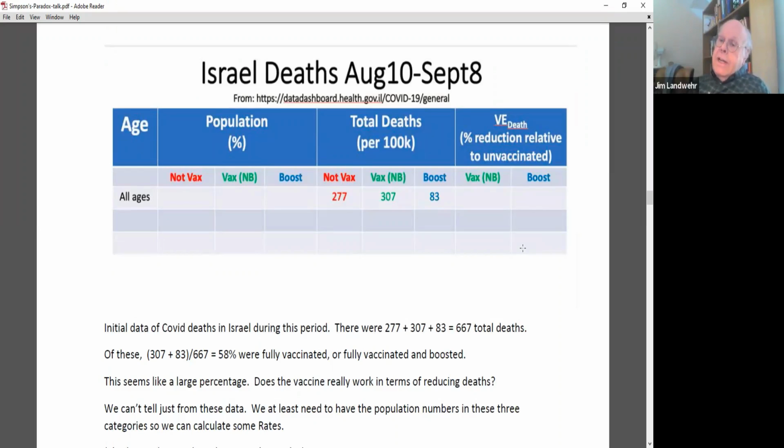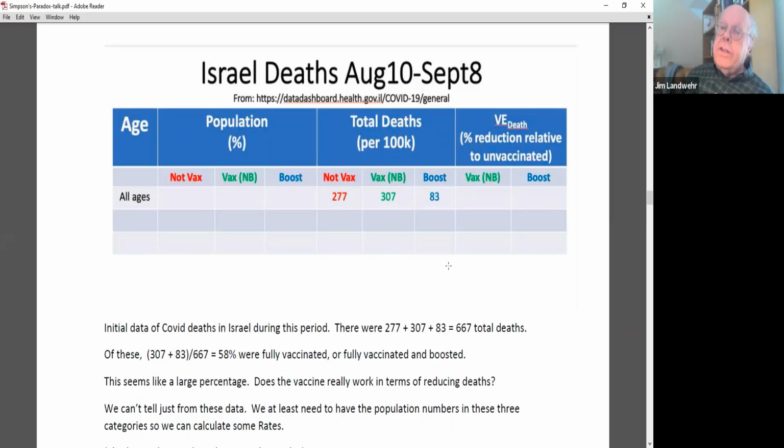It turns out that Israel has electronic health records for everybody in their population. And so they have very good population-wide health data, and they evidently post some of it on their websites. This was a topic that has been in the news and keeps coming up all the time. So let's look at this data, stepping through several steps with it. These are Israel deaths from COVID during this period.